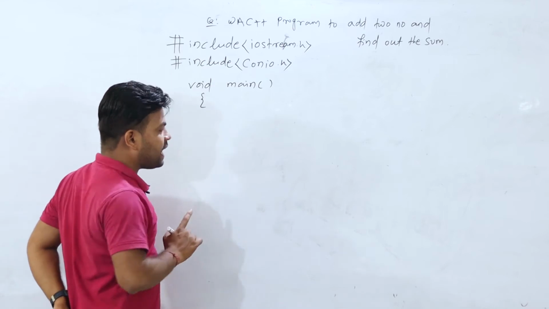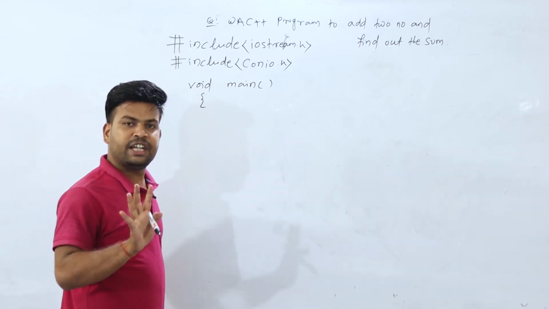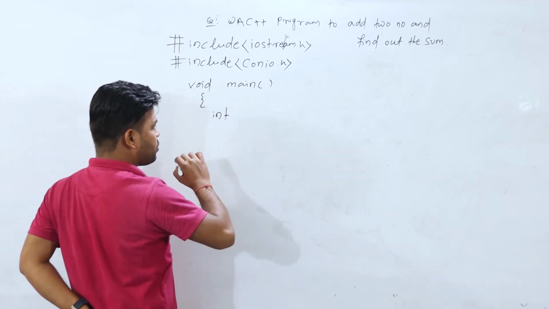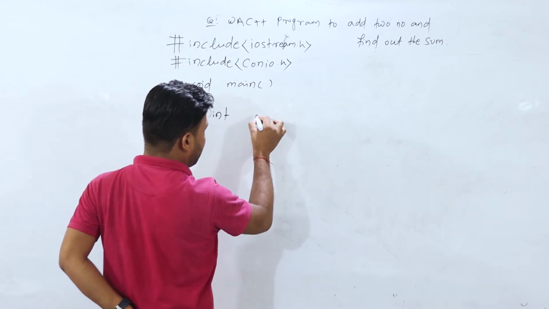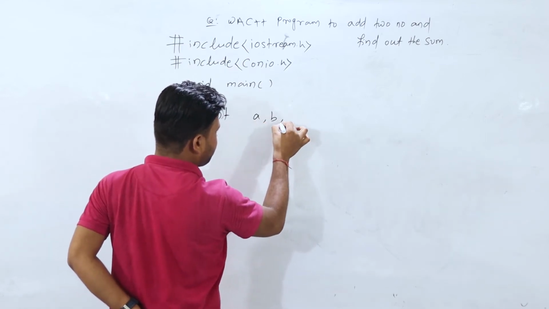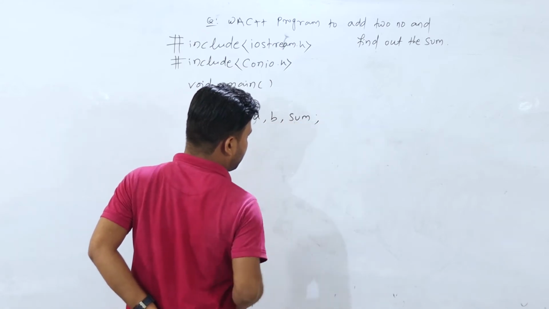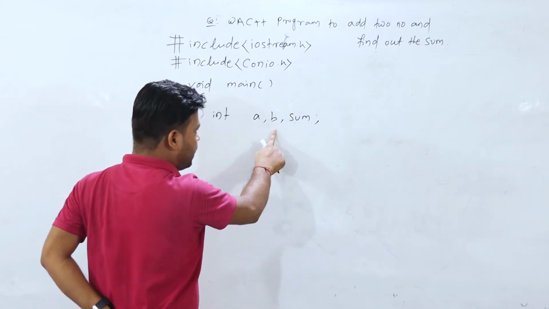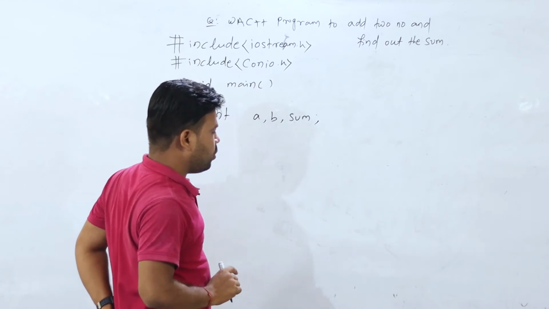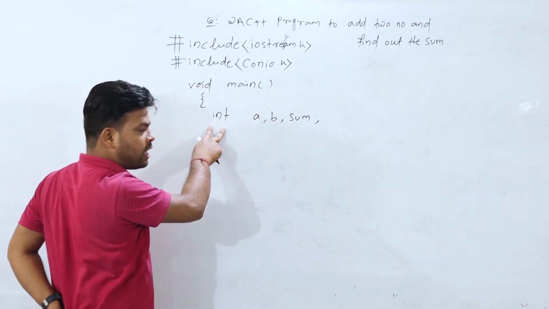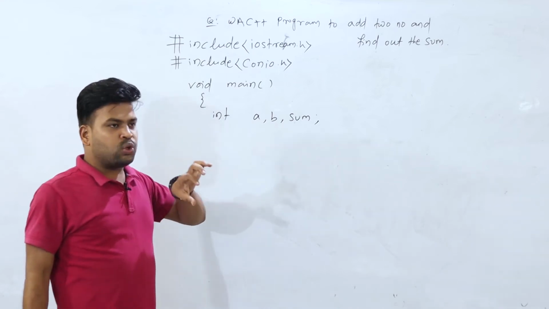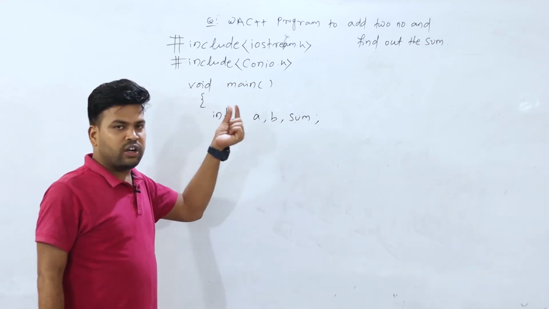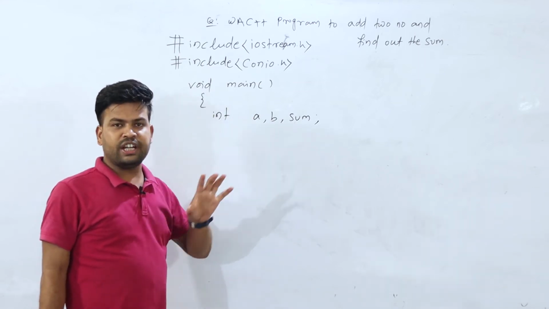So now I am declaring a variable. Which type? Suppose I am taking integer type. So I write int. This is the data type. Then the variable names, like a, b, and sum. Here I have declared three variables, that is a, b, and sum. Which type of variable? Integer type variable. That means if we want to insert a value in a, then we can insert only an integer type value, and b will contain an integer type value and sum will contain an integer type value.